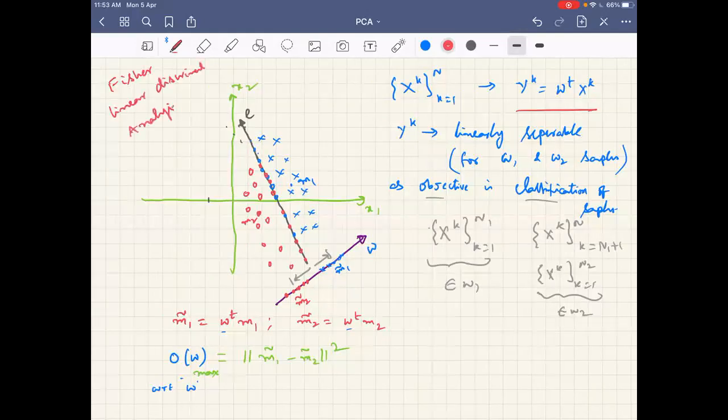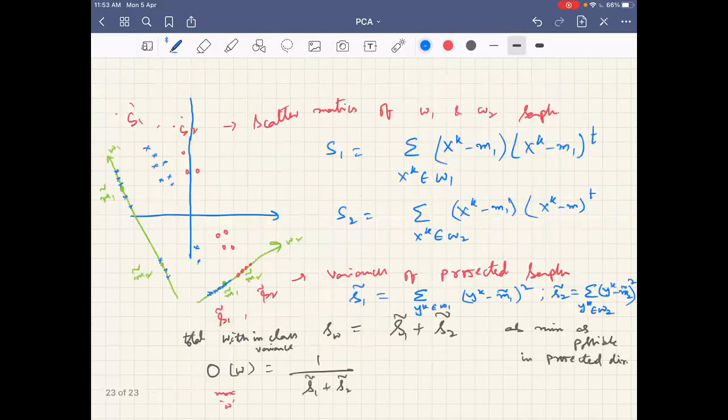Fisher is the scientist who proposed this. It's a linear discriminant because it projects onto a linear line, and you can find a decision boundary after projecting onto the linear line. It enables us to reduce to a single dimension. It doesn't help to directly project onto multiple dimensions.